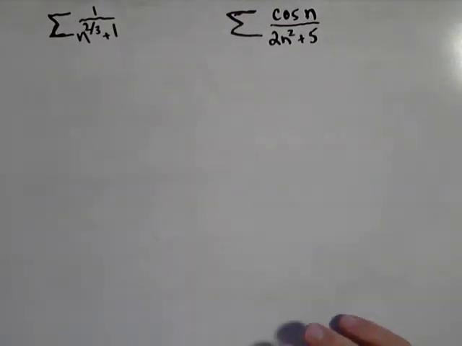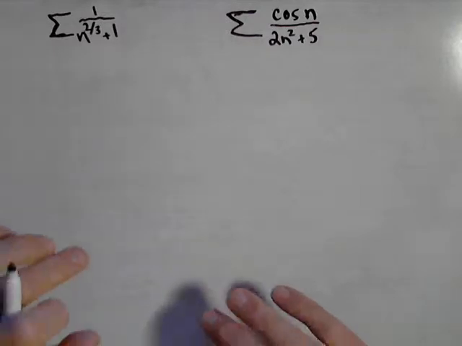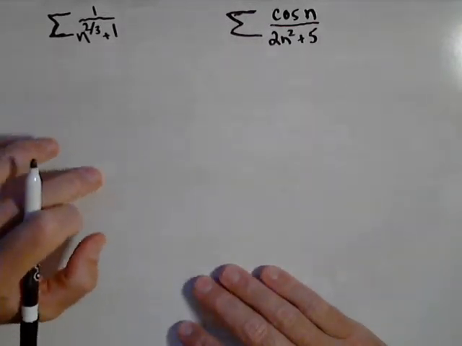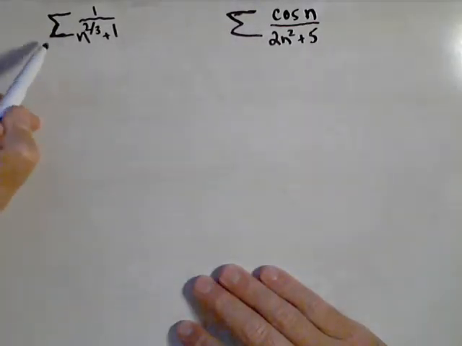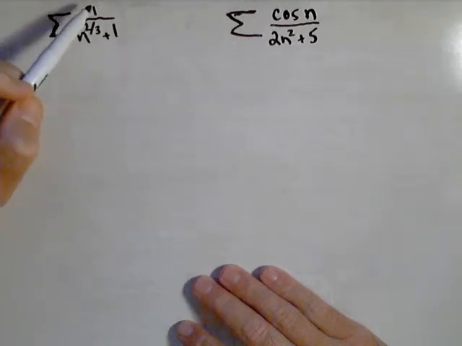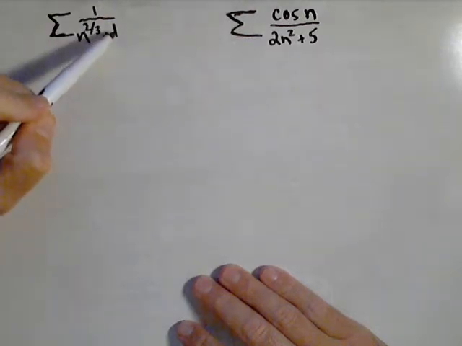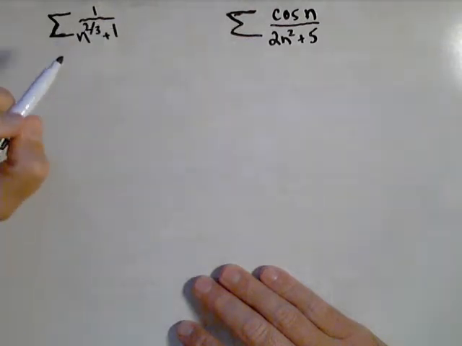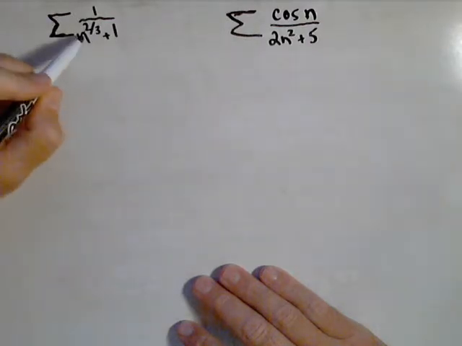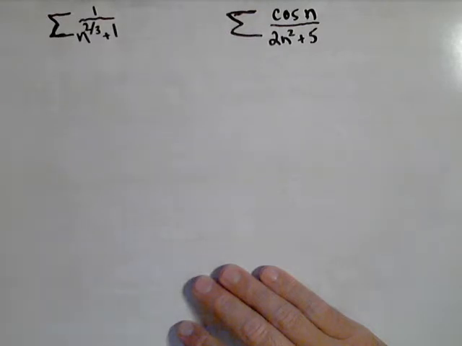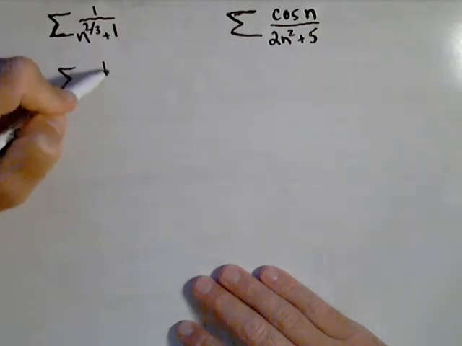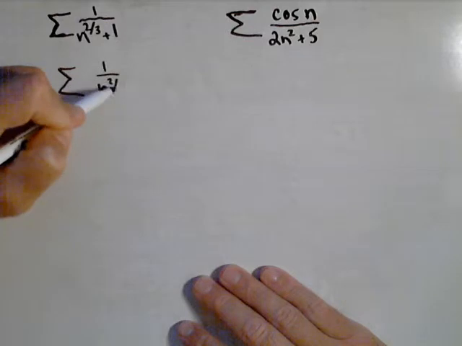Now, not that the limit comparison test is the only way to do these, but I just want to show you how this is set up. So if I look at the series 1 over n^(2/3) plus 1, and I want to show it either converges or diverges, well, I'm going to compare it to a series that I know. So we pick a known series that looks similar to this series. The series I'm going to choose for mine is 1 over n^(2/3),